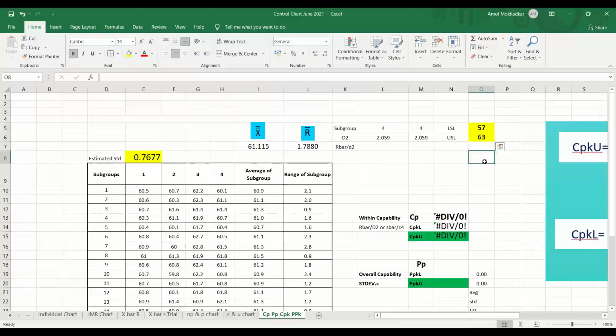You cannot calculate even CP, PP. So your LSL is 57, USL is 63. Now you have everything required as per the formula. So please calculate it. Exactly 5 minutes I am going to stop and start showing you the actual calculation, but I require you people to calculate on your own so that you know.